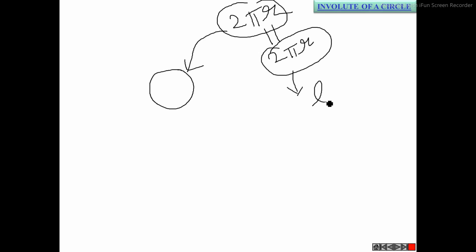Yes, sir. So once you wrap the entire length of wire on the outermost periphery of the circle, can you tell me where the end point of the wire will lie? Suppose this is that wire or thread whose length is equal to 2 pi r. End A is one end of the thread, end B is the other end. Say you start winding from end A till end B. Can you predict the position of point B on the circle?